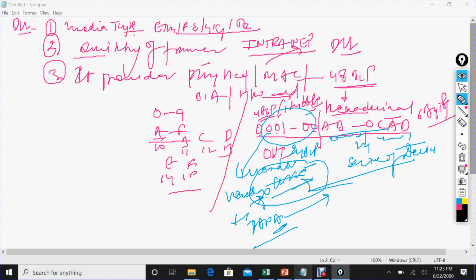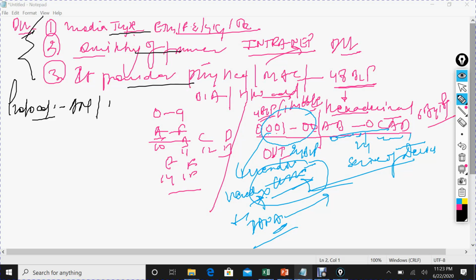All right. Now, next thing, it provides physical addressing, switching of frames, and media type. This is all about your data link layer, functionality wise. Protocols which work at layer 2 are ARP, STP, VTP. There is a long list of protocols which work at layer 2, so you can look on Google or check. ARP, STP and VTP are very common and very famous protocols which work at the data link layer.